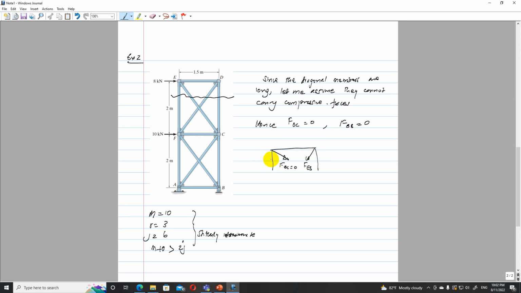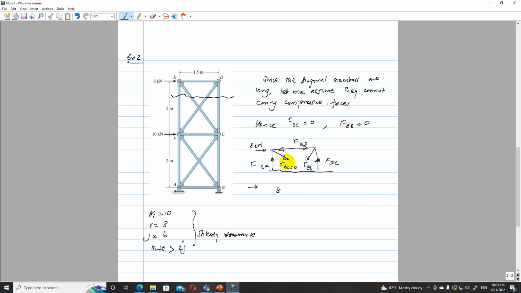So if I mark this one as compression FEF, this one again as compression FDC, and this one as compression FED, and there is a horizontal force of 8 kilonewton. So if I cut it like this, and if I take equilibrium at this point, which is shear, so 8